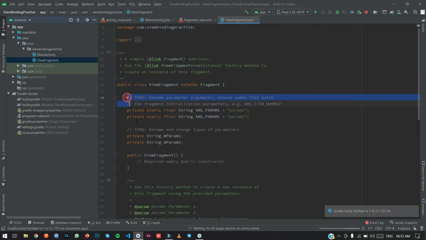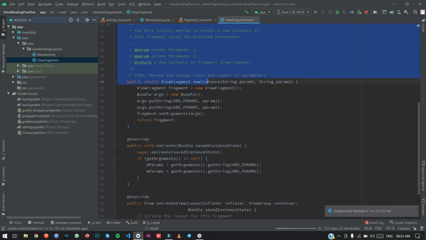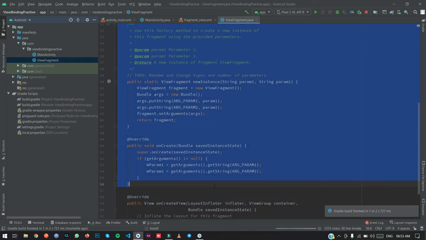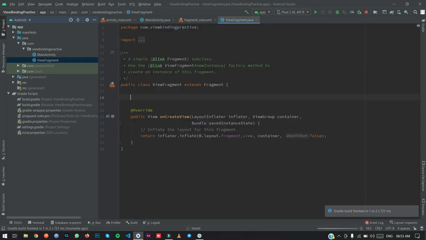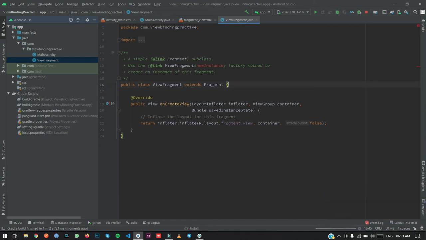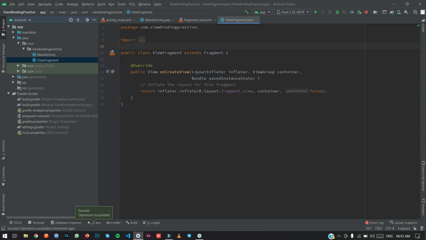As you can see, we have successfully created our fragment. Let me delete these unnecessary things. We have created a fragment successfully, which extends the Fragment class.